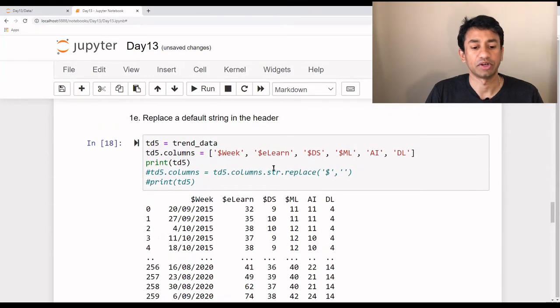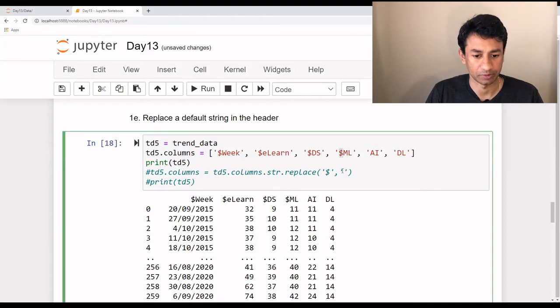Now as you see here, the data frame TD5 has the column names, but some of the columns have a prefix, the dollar symbol. Let's say we want to remove these prefixes. As we saw in the introduction, there could be some prefix to the data sets that you are going to handle. These prefixes could be the name of the systems or the source, or some metadata about that particular attribute. If we want to remove those prefixes,